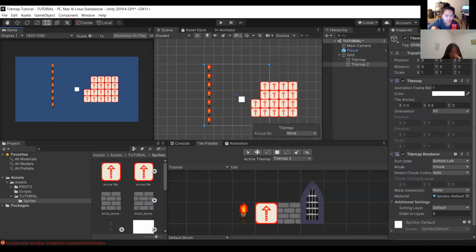Why is that what's happening when you press the play button? It's not that the play button is doing anything. Essentially, the torch was never going to show up to begin with. It's just because you just drew it in, I'm pretty sure, that it shows up within the scene view. But you see, when I try to do it now, it doesn't show up. So it's just a problem with the tile map not updating properly.